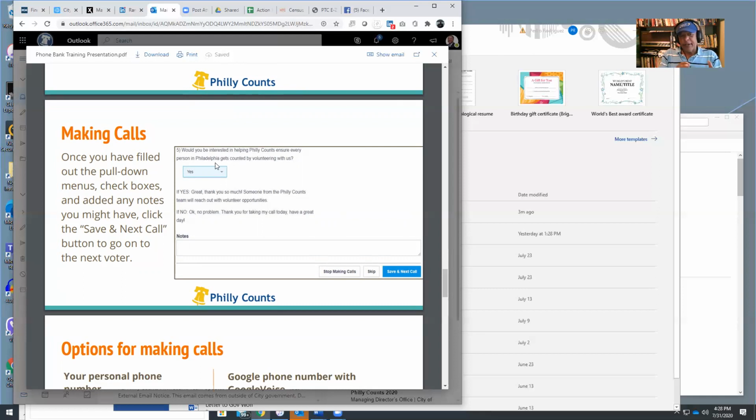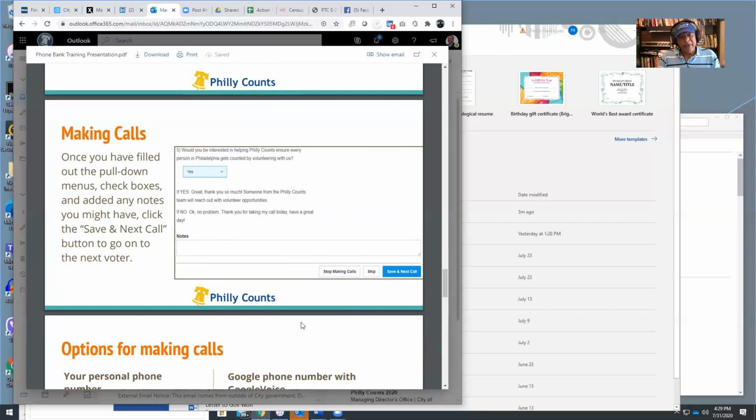You can use social media. You own social media to put census messages. We send that out on a weekly basis. You can just reproduce that. Or you can join us to do the contactless door hangers through some neighborhoods that we're doing now. If Jamie says I'm interested in volunteering, then just ask her for her email address and put it in the notes section. And then you're ready to click to make the next call.